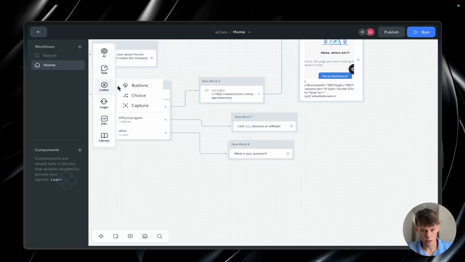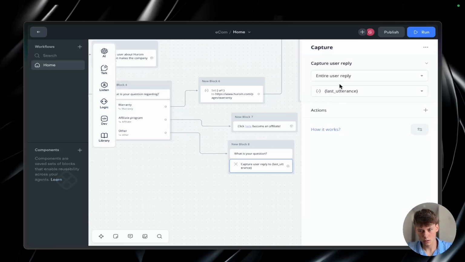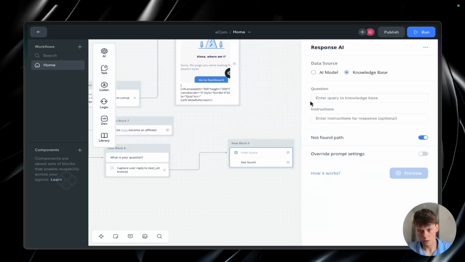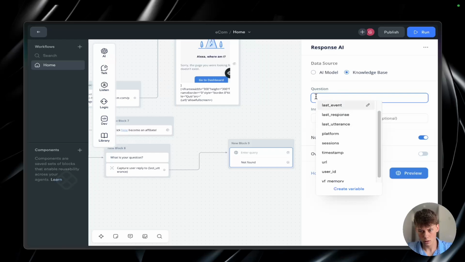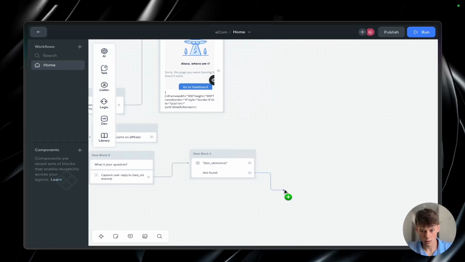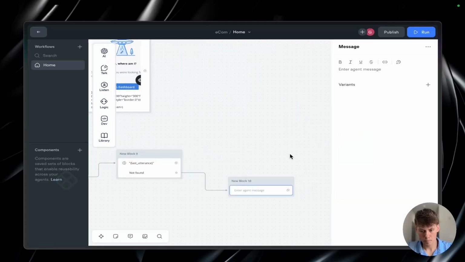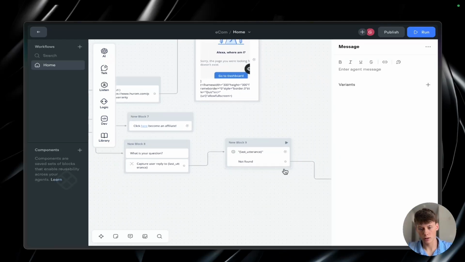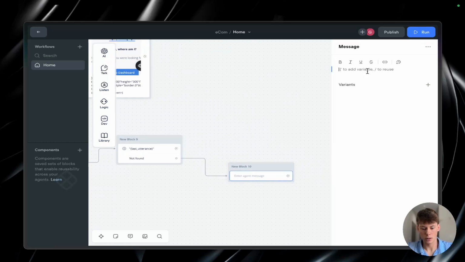Which will get a listen, a capture block, store it, last utterance we'll leave there, and then we'll get the AI, the response, and then type the variable last utterance and answer. Not found. Which, if the question that the customer asked isn't found in the knowledge base, then it will go to this block. So we could say something like,